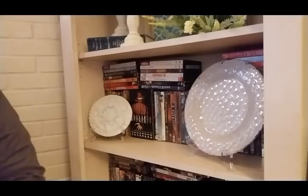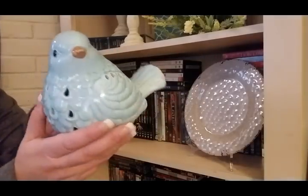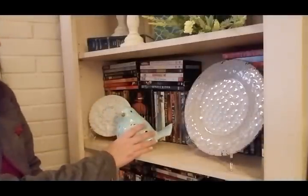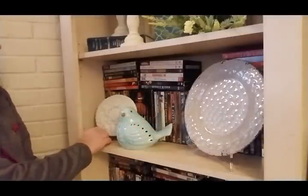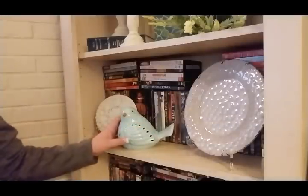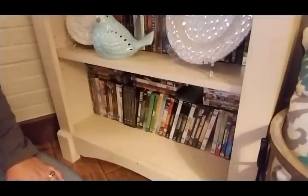And then I have my little bird like that. I think he was a Trees and Trends find. So he's gonna sit on top, right there on that. And then down here on this bottom little shelf,